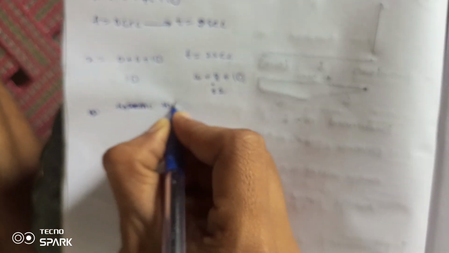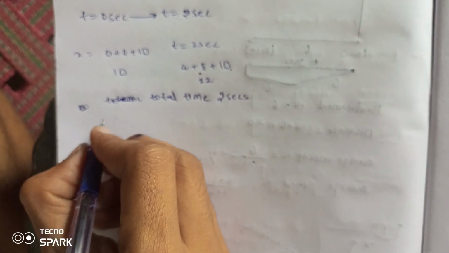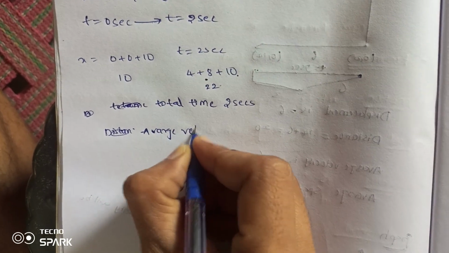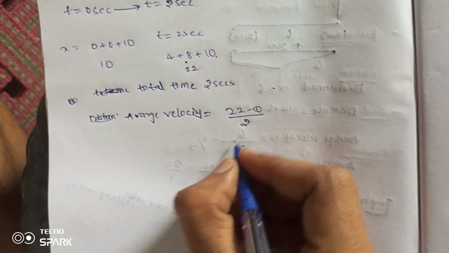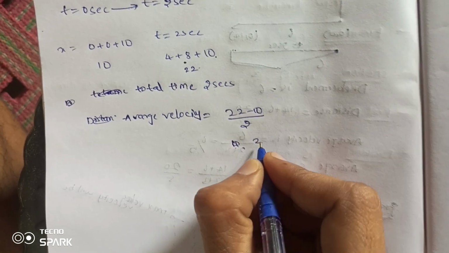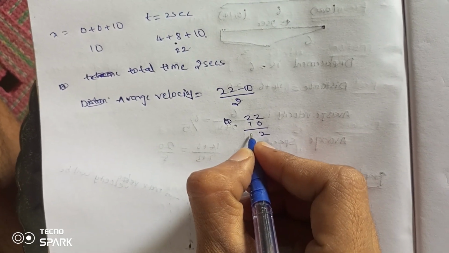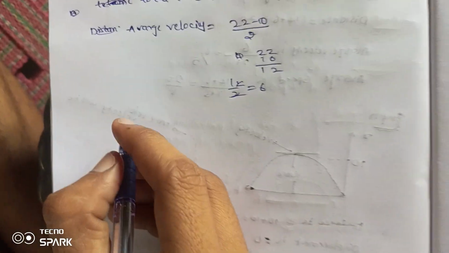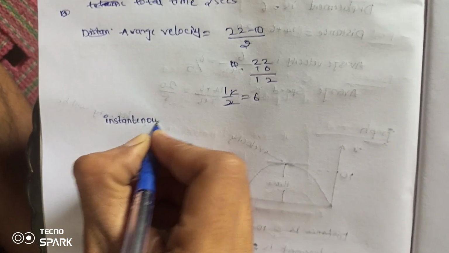Total time is 2 seconds. Average velocity is final position minus initial position by time: 22 minus 10 by 2 seconds, 12 by 2, which is 6. And instantaneous velocity is